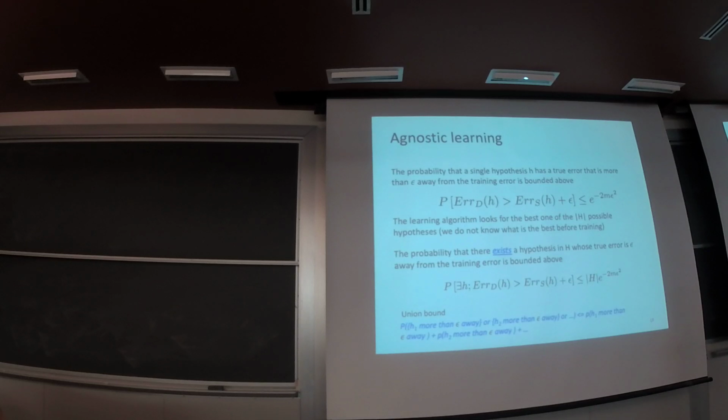existence statement, right? Now, if you bound the probability of a union of events, we can just add up the probability of each single event. We did this in homework 1 to prove why this bound is correct. The probability of each single event is upper bounded exactly by this term. It just adds the same term many times. The number of terms is exactly the size of the whole hypothesis space. That's how we end up with this bound.